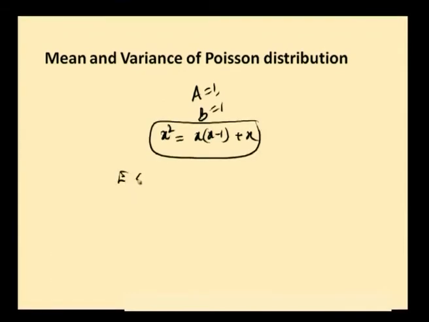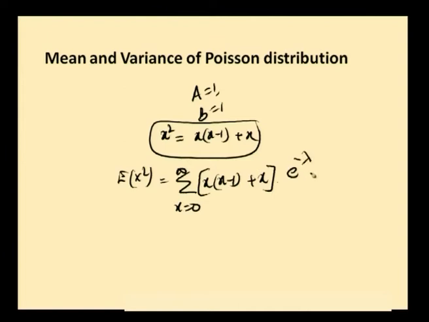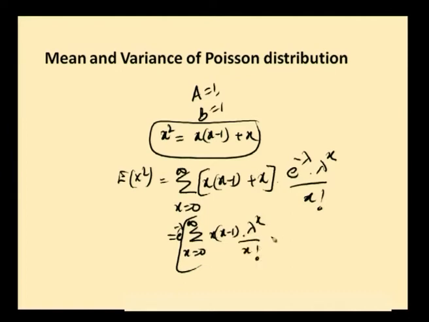Continuing with that, you have expectation of x square is equal to summation x is equal to 0 to infinity, x into x minus 1 plus x, into p of x. P of x is e power minus lambda, lambda power x by x factorial. Write this as two summations. So this is equal to summation x is equal to 0 to infinity, e power minus lambda can be totally taken outside, x into x minus 1 into lambda power x by x factorial, plus summation x is equal to 0 to infinity x into lambda power x